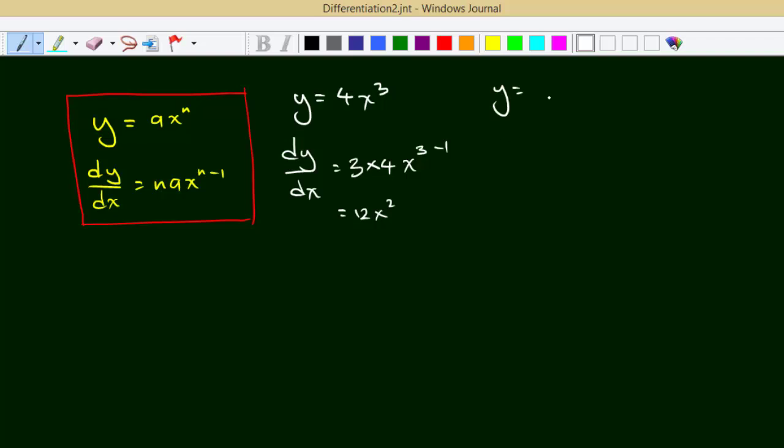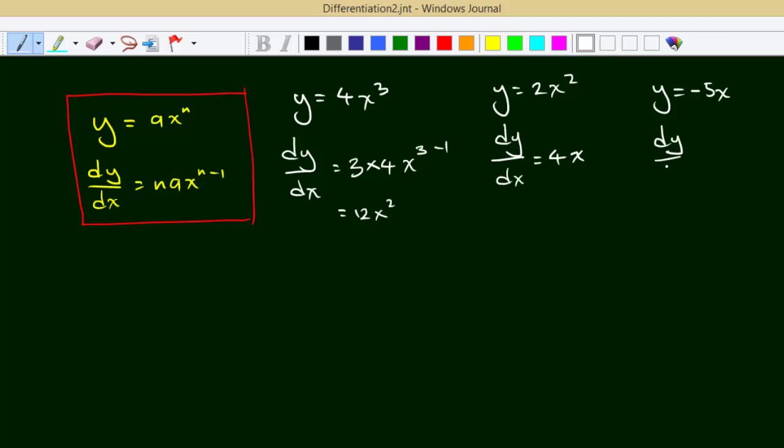y equal to 2x squared. So dy/dx. Alright, now 2 times 2 is 4. x to the power of what? 2 minus 1 is 1. So just leave it like that. Okay, it's very simple. Then, if you have something like this,